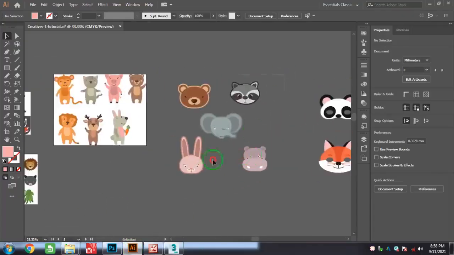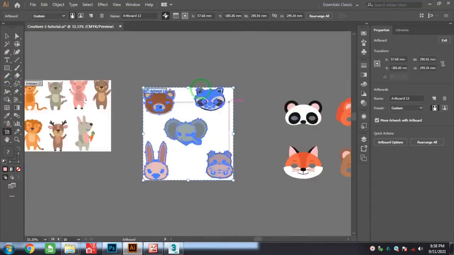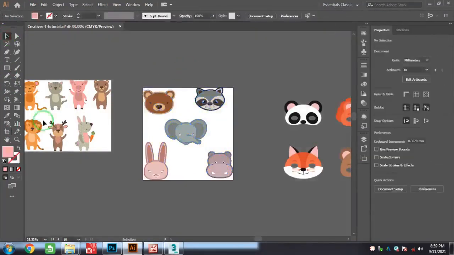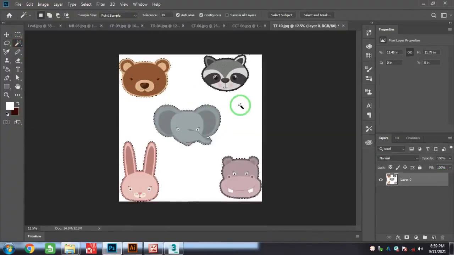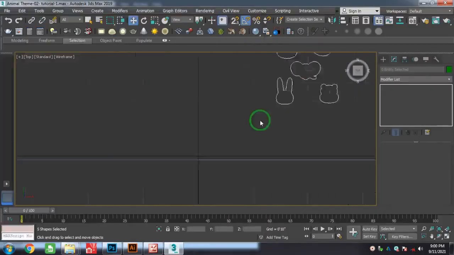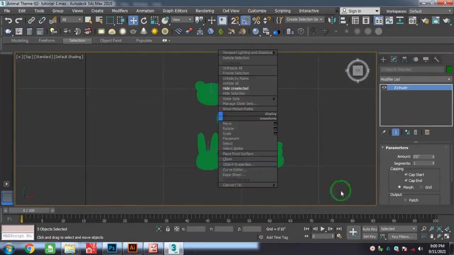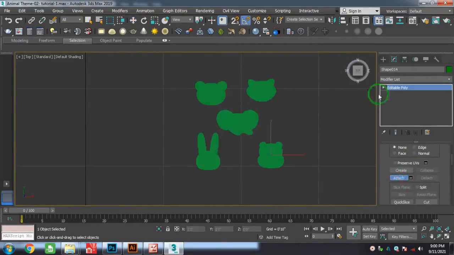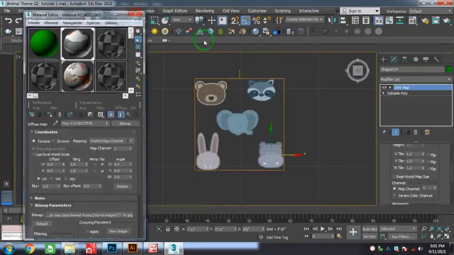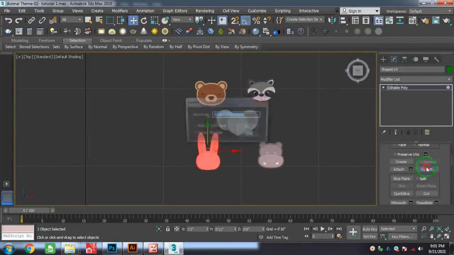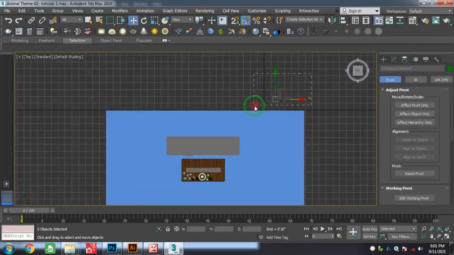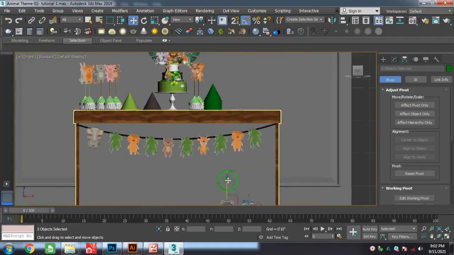next we have tabletop designs. I just export it in JPEG format and open it in Photoshop, and using the magic tool, you just select the background and press Ctrl+I to reverse, make it a work path and export it to Illustrator, path to Illustrator, and you just import that outline in 3ds Max and attach all, and you just apply the shader, that texture to this, and you just detach all the models and just rotate it and place it in front